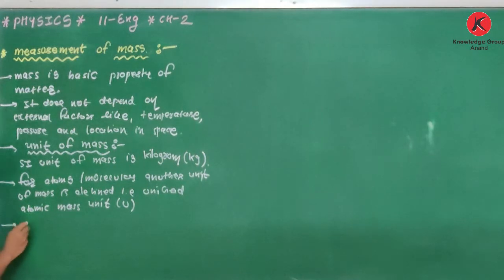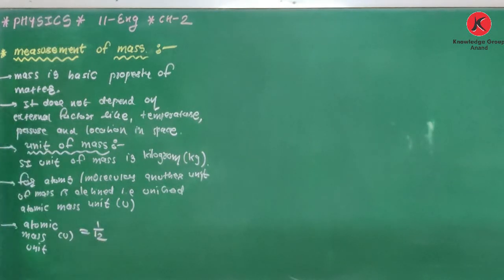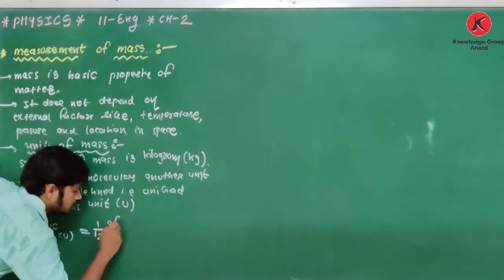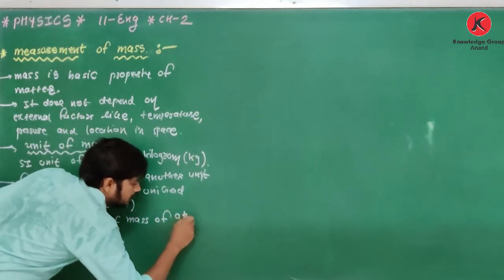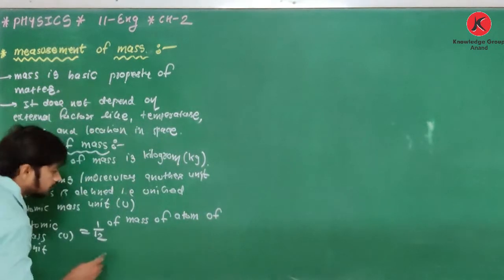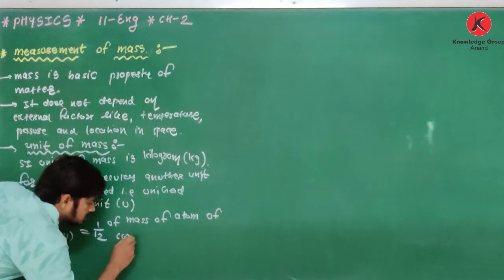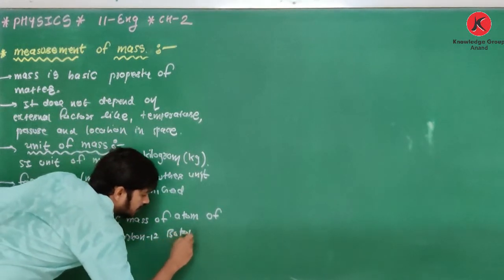See here, atomic mass unit, that is U, is equal to 1/12. It is 1 upon 12 of the mass of an atom of carbon 12 isotope,